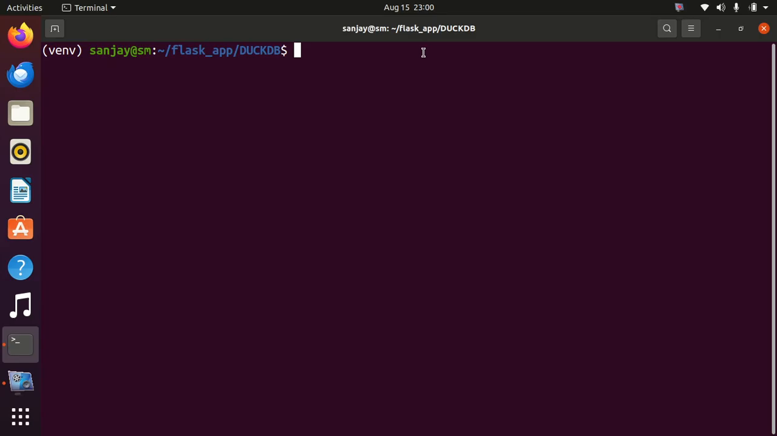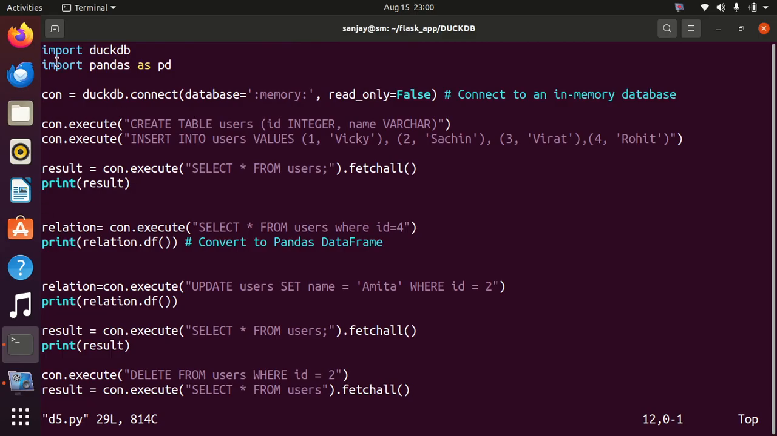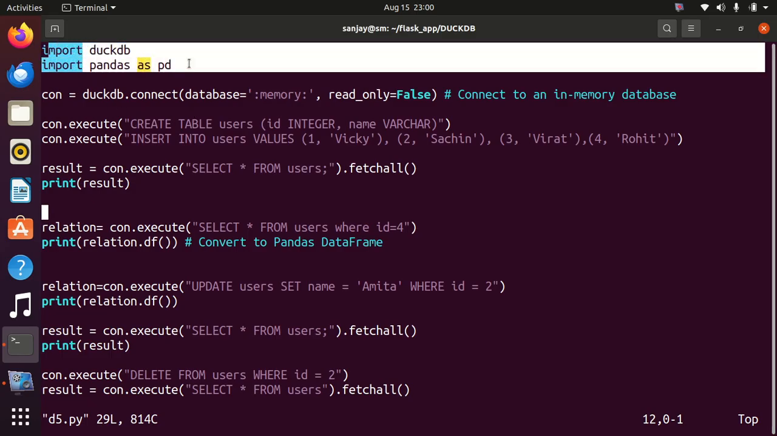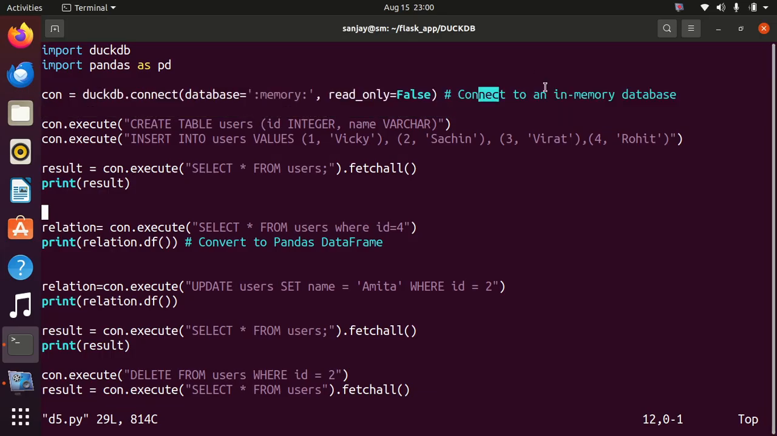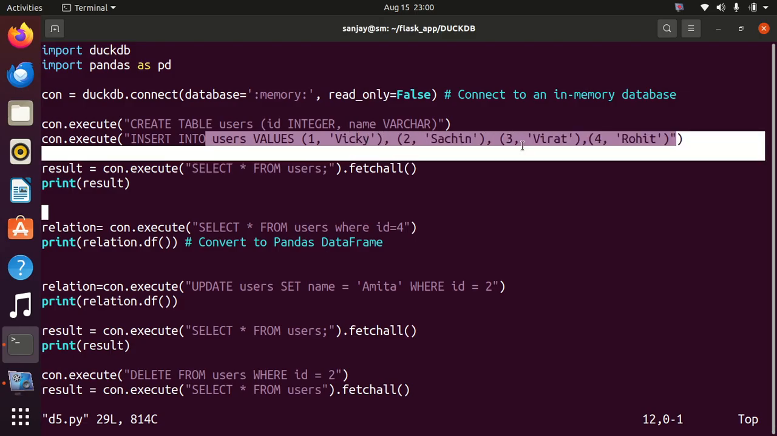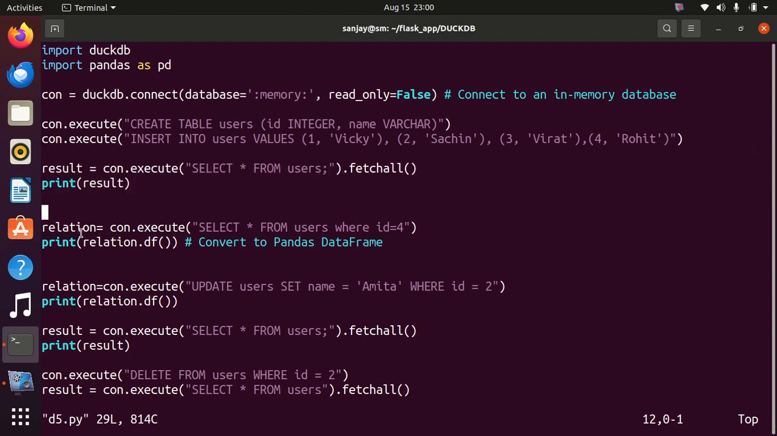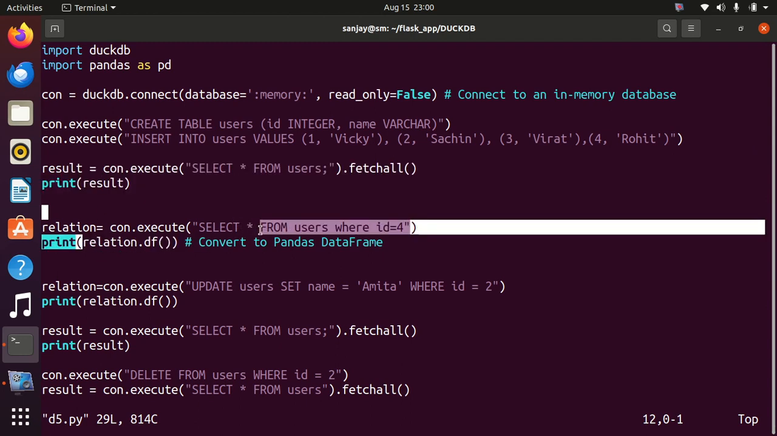First of all, we'll go through a simple program in which I will execute SQL queries using DuckDB in different styles. The required libraries are needed for the program, then the connection of DuckDB to Python, an in-memory database, then create table users, then insert values in users, then display the values, then a relation, in the sense that if we want to display a specific record,